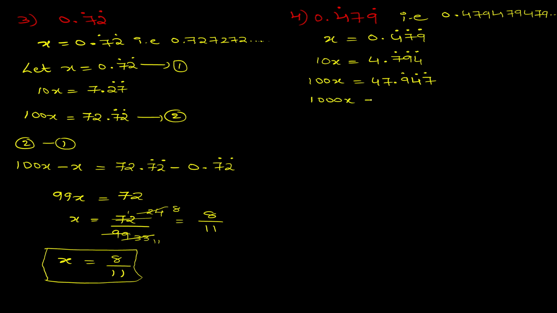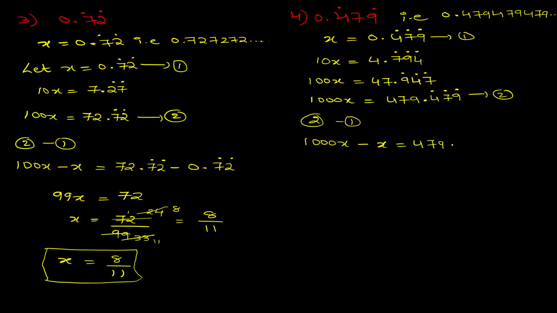So I take a 1000x, that is equal to 479.4 dot 7 dot 9 dot. So you can see now this equation and this equation have the same decimal part. So it is 2 minus 1. So I get 1000x minus x, that's equal to 479 minus. So again I tell you that the decimal parts are the same, so you need to write it again. I'll just write the whole number, that is 479 from here and a 0 from there. So 1000 minus x is